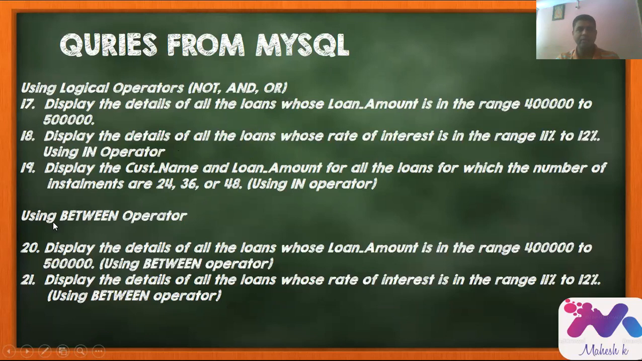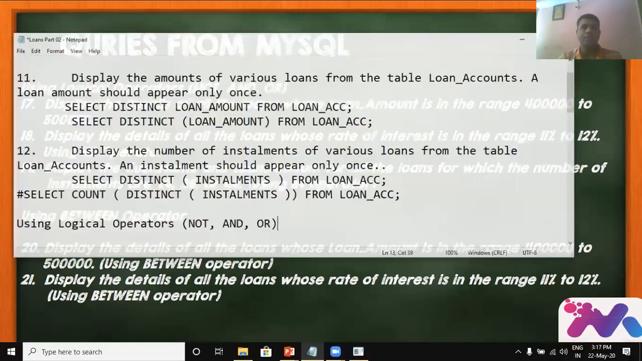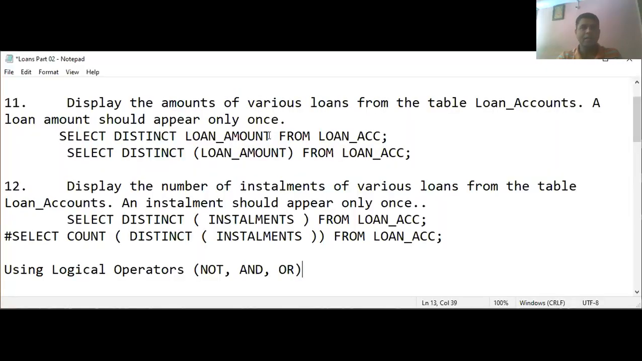But if they specify the BETWEEN operator, then you have to use the BETWEEN operator. Otherwise, you can go ahead with any logical operator. It's up to you. If they ask in a specific manner, then you have to solve it in that manner only. So the first question is: display the amount